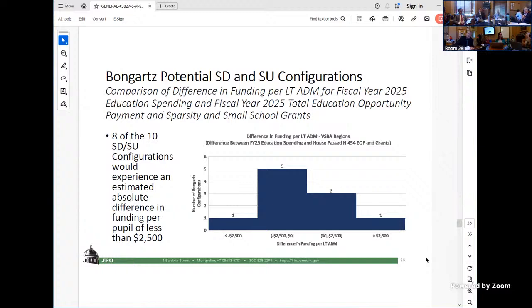Well, sure, but 20 students can create a huge swing, right? Like I said, if you had 20 students who were low income and English language learners, you could have a $1 million swing in either direction in your budget. Right, but we can model that. It's not unknown because we can model it. We would know based on the weights that are contained in the current draft bill. Well, if we have no more English language learners and we all get poorer under this administration, we could certainly model that.